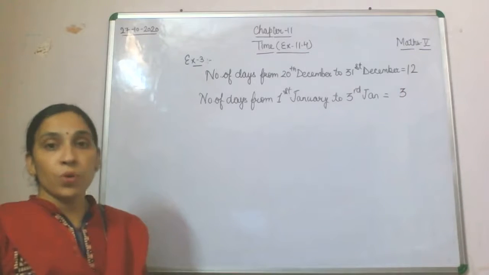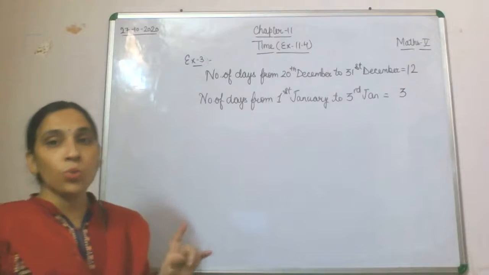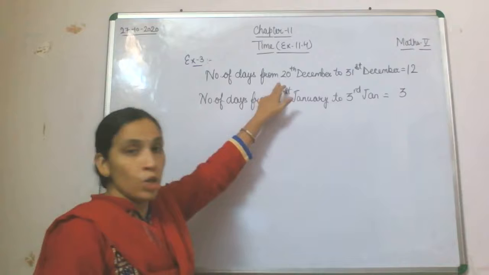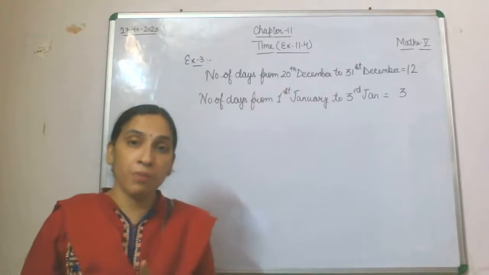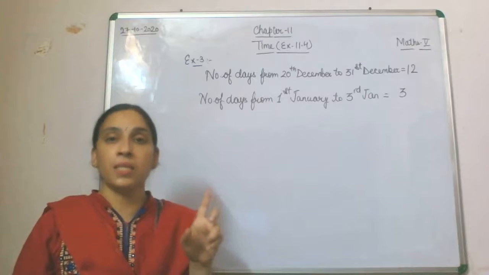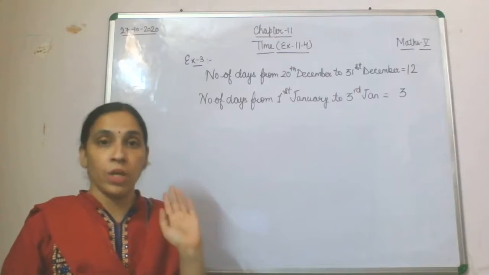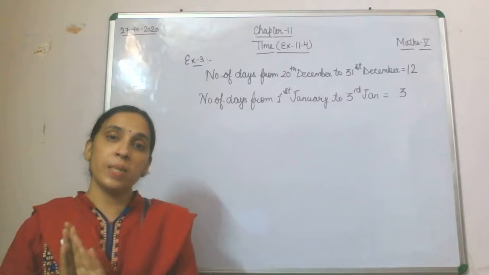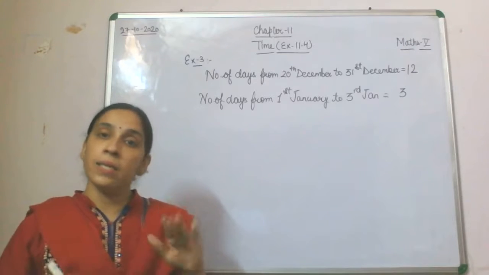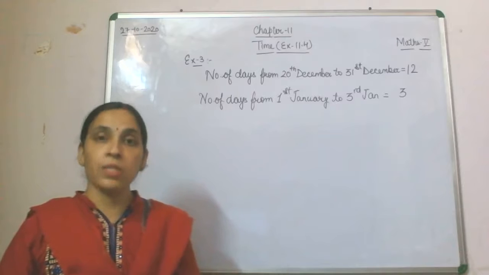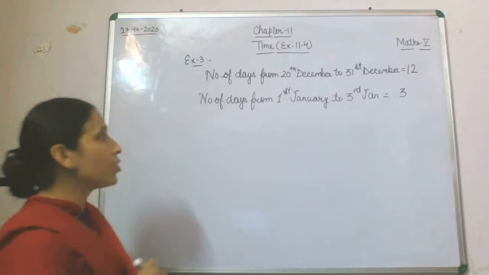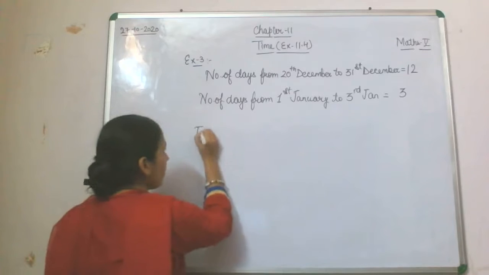So here children, what do you understand? In a school, Christmas break begins on 20th December. So that 20th December will be included. And that break continues till 3rd of January. So it means the number of days in a particular month you are going to calculate separately. Then the number of days in the next month you are going to calculate separately. After that, the total duration of Christmas break you are going to find out.